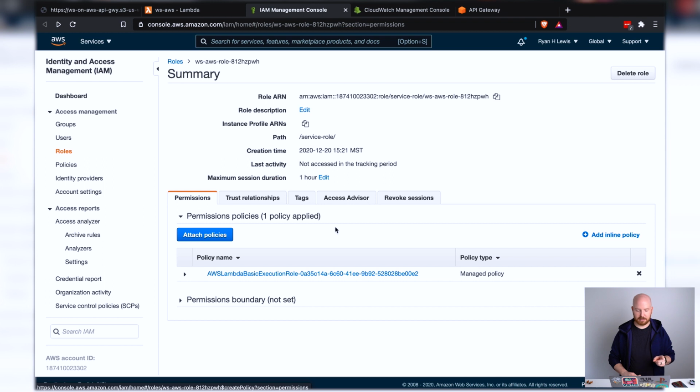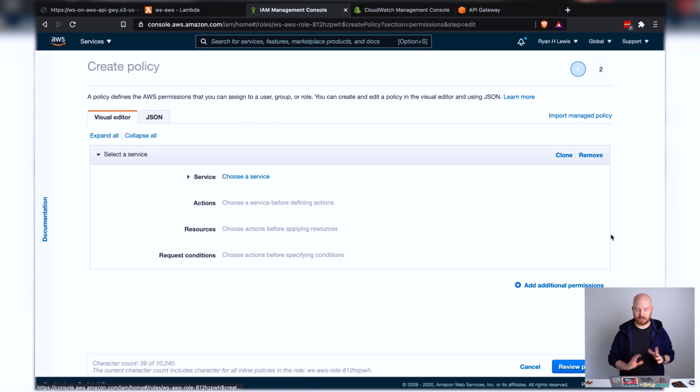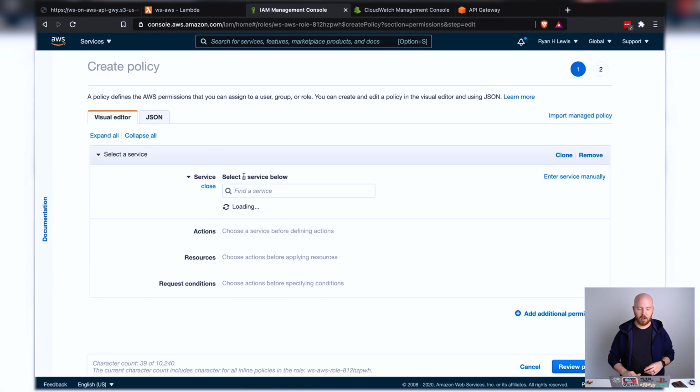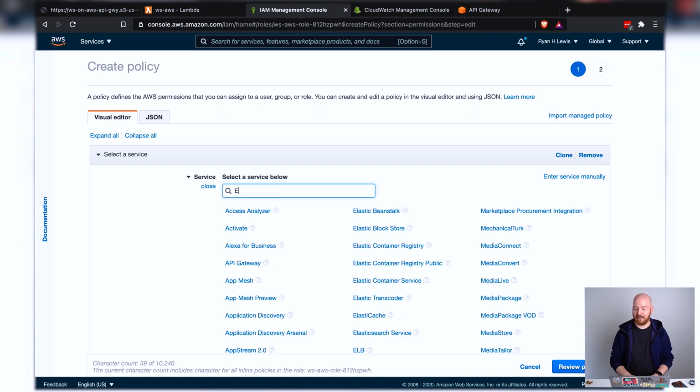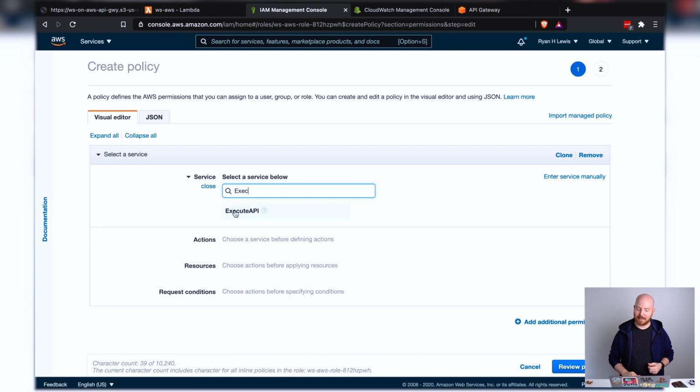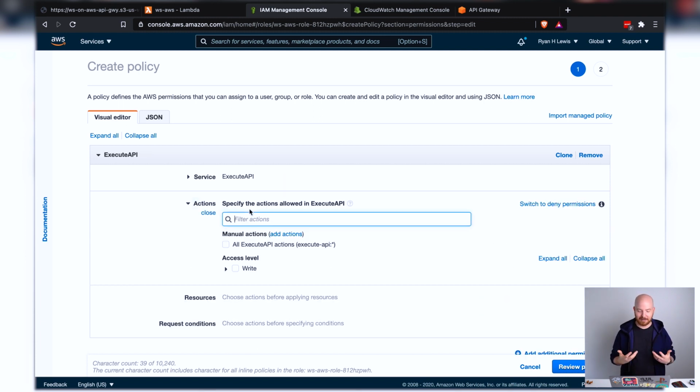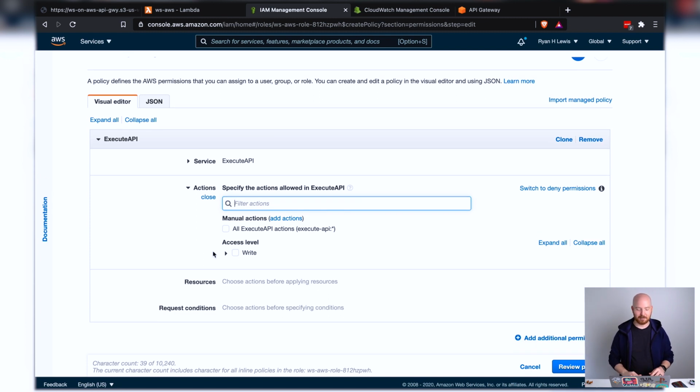So let's do that. We'll add an inline policy because we don't already have one created. We do need to choose a service. I missed this last time around. It's actually not API Gateway. It is the Execute API service, which I didn't even like. What is that? If you mouse over, it says Amazon API Gateway. So it does know that it's a part of that. I don't know why they created all this separate stuff.